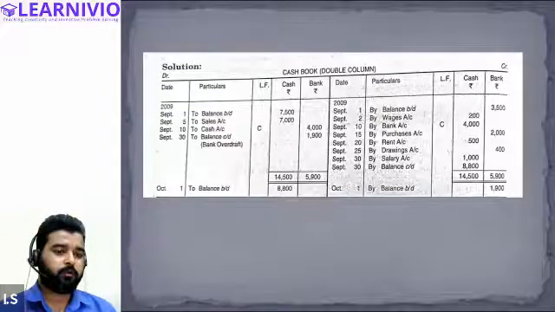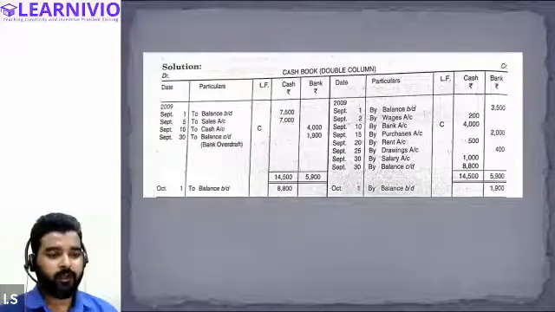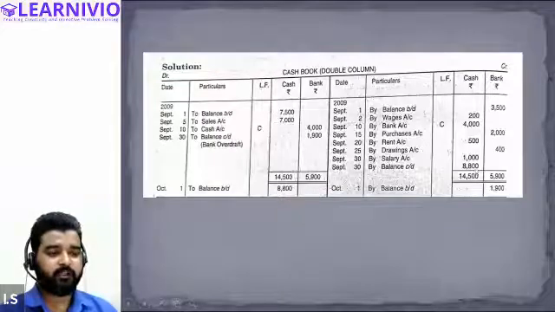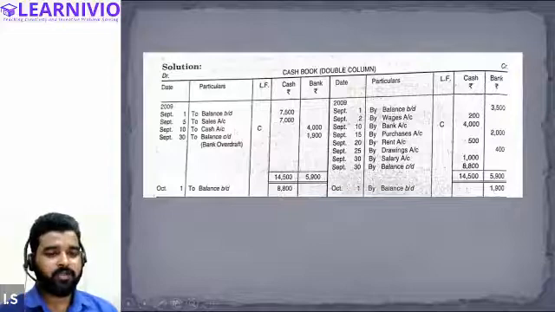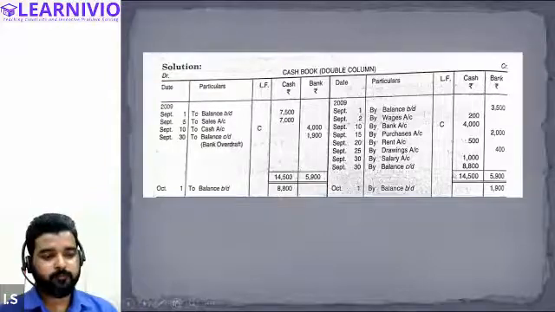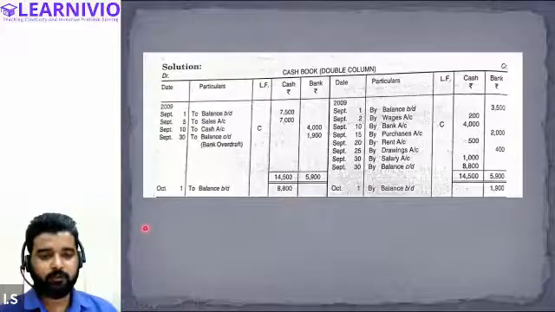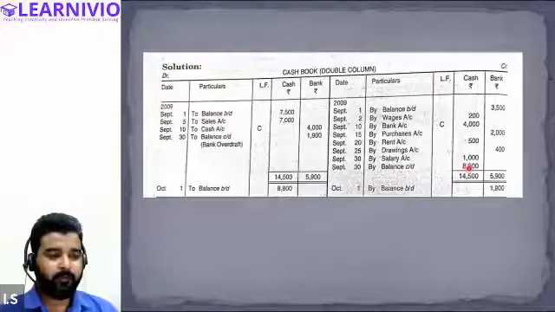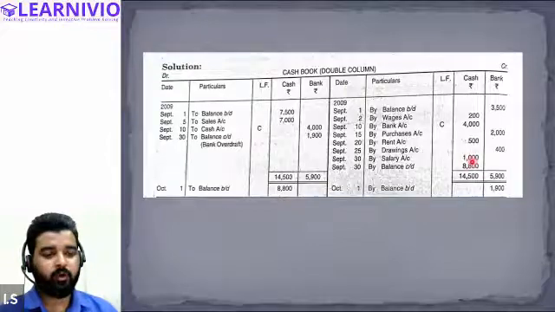So this is the solution, and the balance for cash is 8,800. This is called a debit balance, because the debit side is greater than the credit side, no? So we are getting the debit balance. In the case of bank we have the credit balance of 1,900. This is a debit balance of cash: the debit side of the cash is greater than the credit side of the cash. So the balance we are receiving here as 8,800, we will call a debit balance,